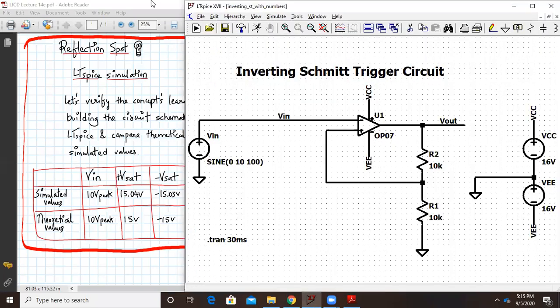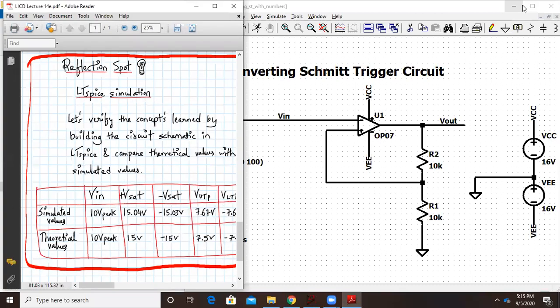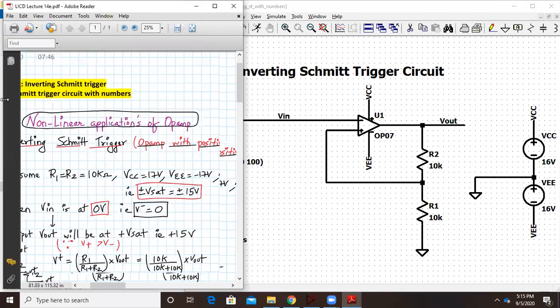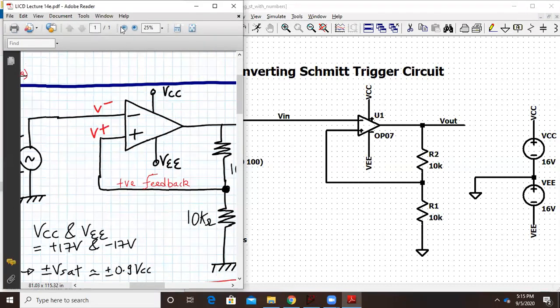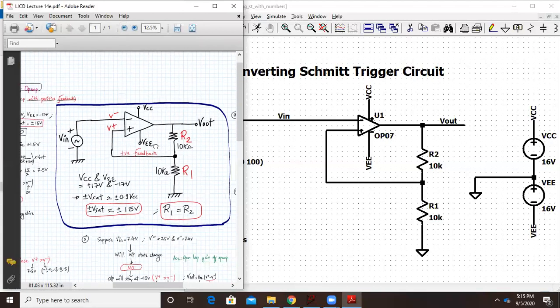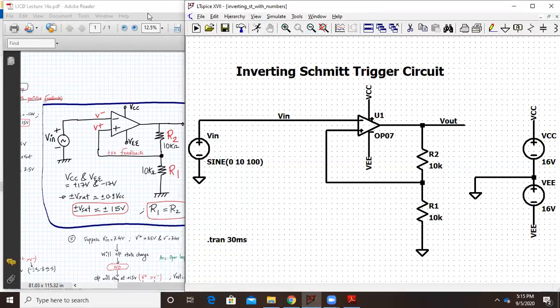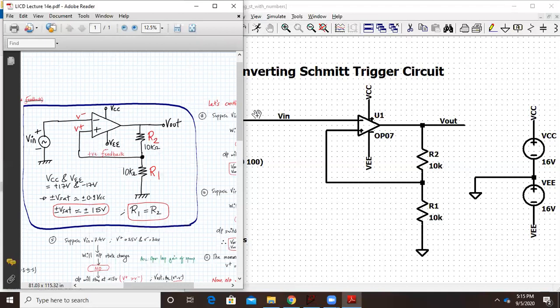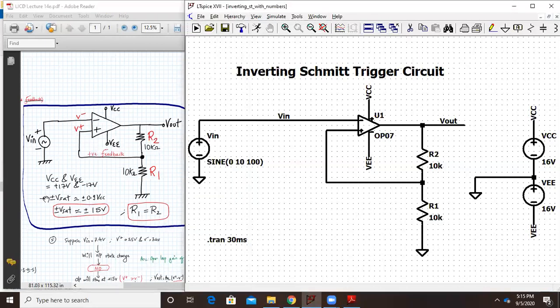So already the circuit is built for your reference. Let me just reduce its amplitude a little bit. Okay, so this was my circuit diagram which we have built up here. You can see clearly it's the same one. The circuit diagram to your left-hand side in the OneNote PDF is the same as on the right-hand side over here. So here we are using op-amp OP07, which is powered with plus or minus 16 volts.